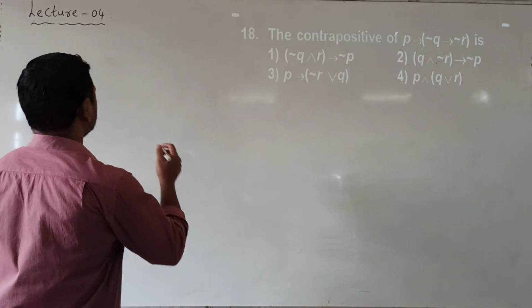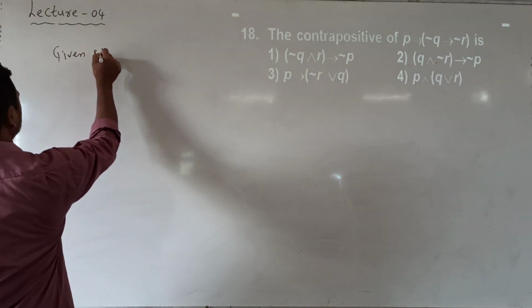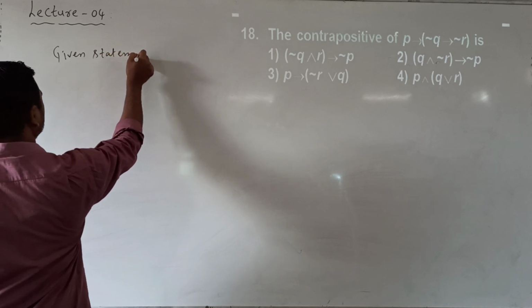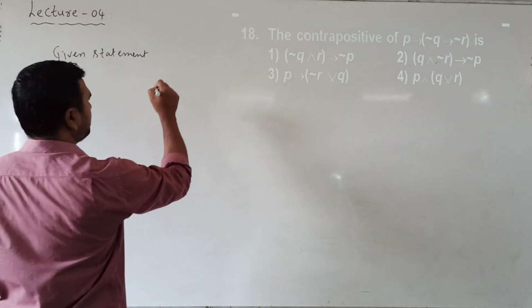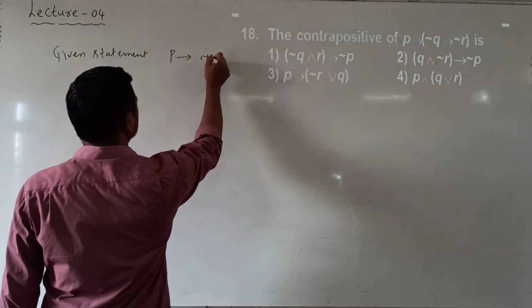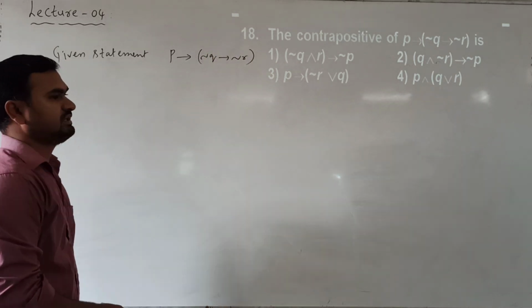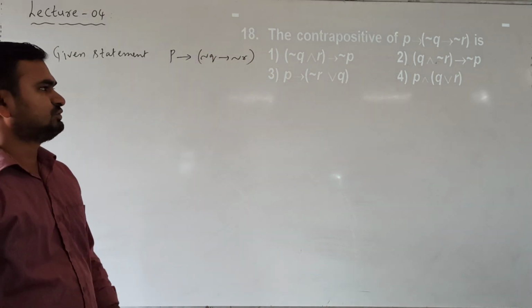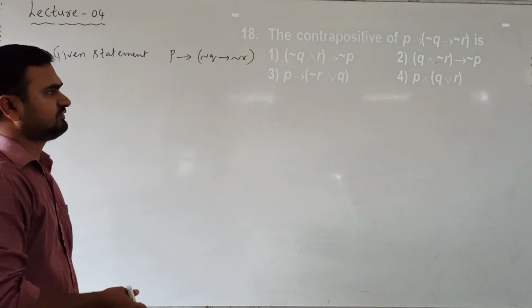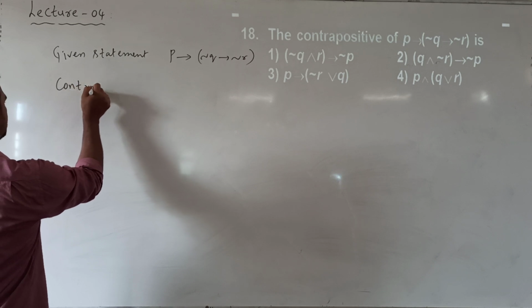So the given statement is P implies (negation Q implies negation R). Now for this we need a contrapositive statement. So the contrapositive is